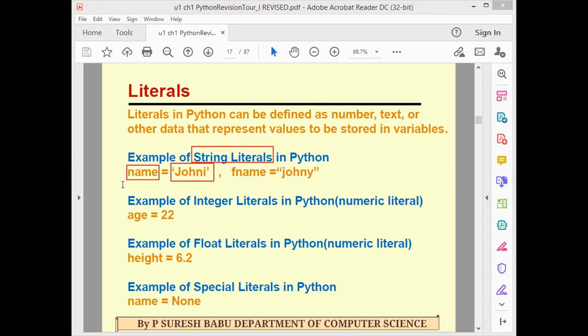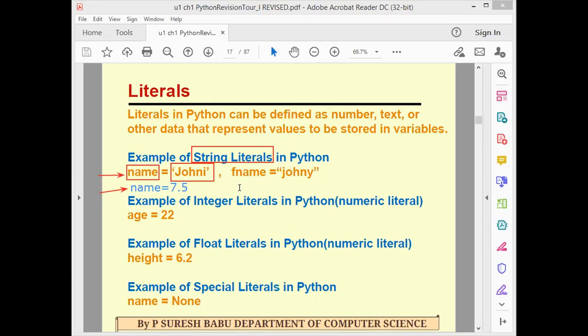For example, in the next line, name equal to 7.5. What will happen now, students? This is the first line, this is the second line. It will accept. In the third line, print name. What will be the output? Not both printed.